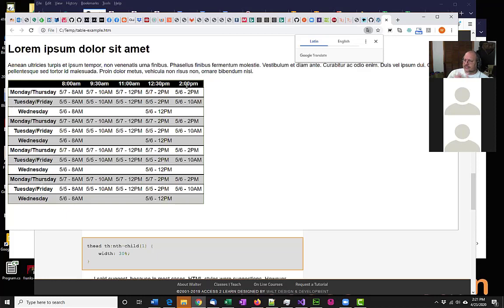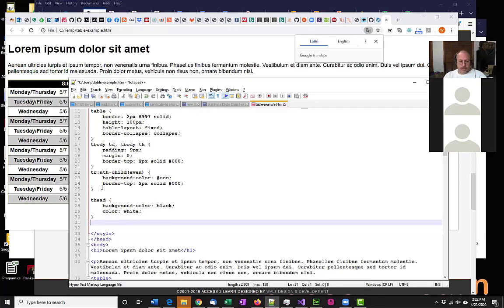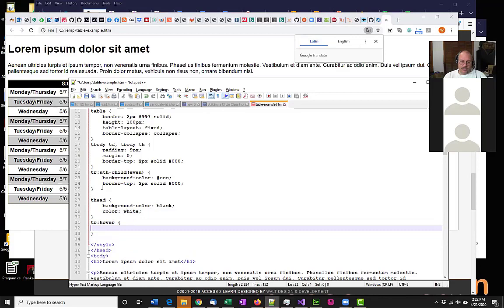I could also use things like hover. Even though this is a lot better, it can get a little bit confusing, especially if I have a lot of data to work with. So I might want to specify what's known as a hover pseudo-class. We've already seen this, for example, on our anchor tags, where we hover over a link and want it to change. Well, I can do the same thing with my table row. I might just come in here and specify a background color